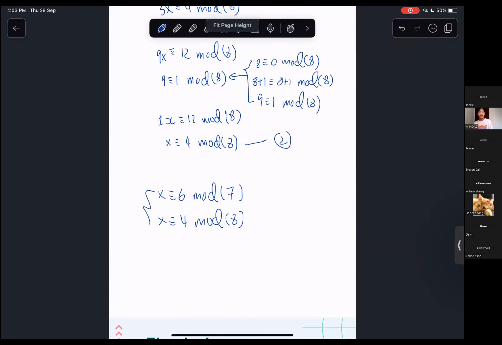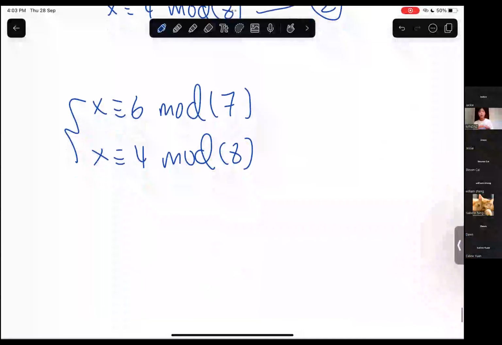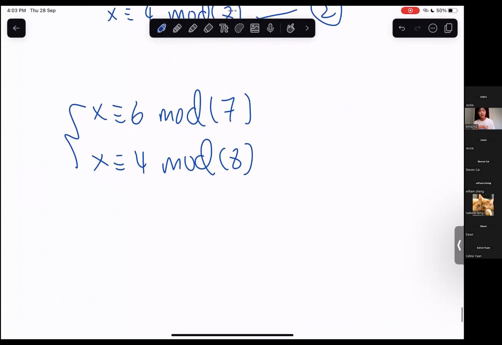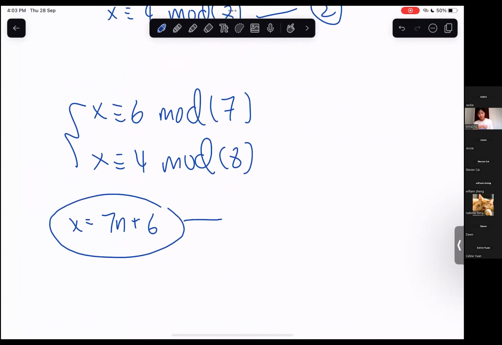And this looks a lot nicer because we have it just in terms of x, right? So now what we can do is, if we wanted to think about it as we might do in everyday life, with remainders and stuff, let's change x back into 7n plus 6, right? Because before we were changing from this format into the modulo format,